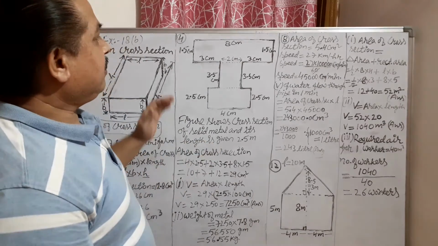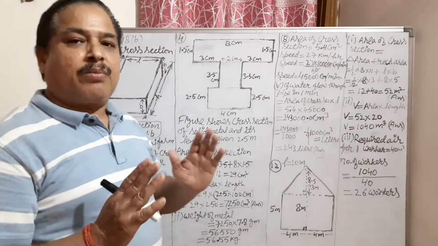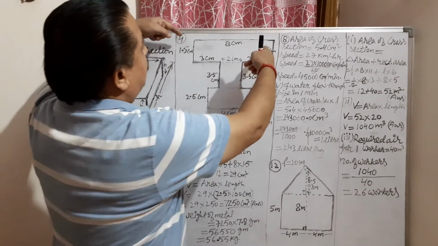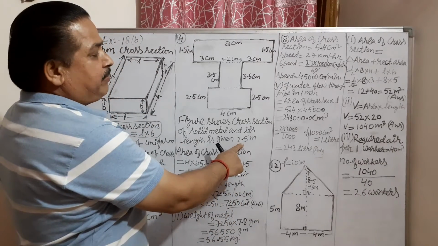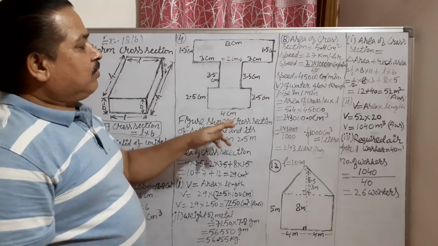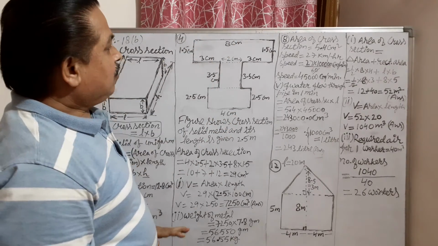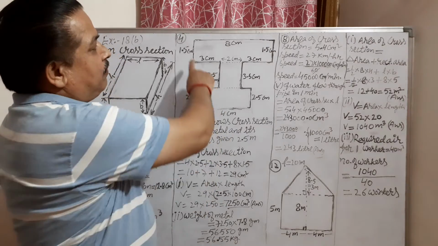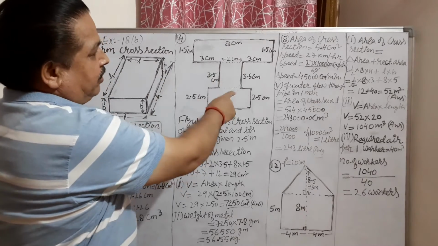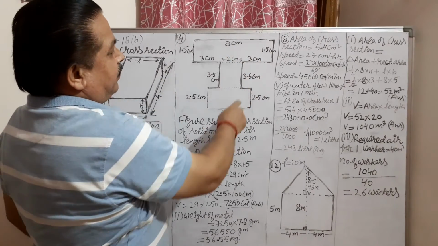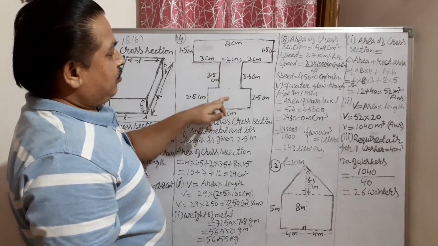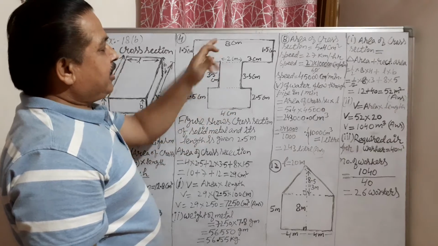Now see question number 4. In question number 4, there is again a metallic block which has this cross section, and the length of this cross section is given as 2.5 meter. These all are given in centimeter. Now find the volume of this block. So how can we calculate the volume of this block? First of all, calculate the area of cross section, this area. So this diagram consists of 3 rectangles, 1, 2, 3. So add all the 3 rectangle areas.